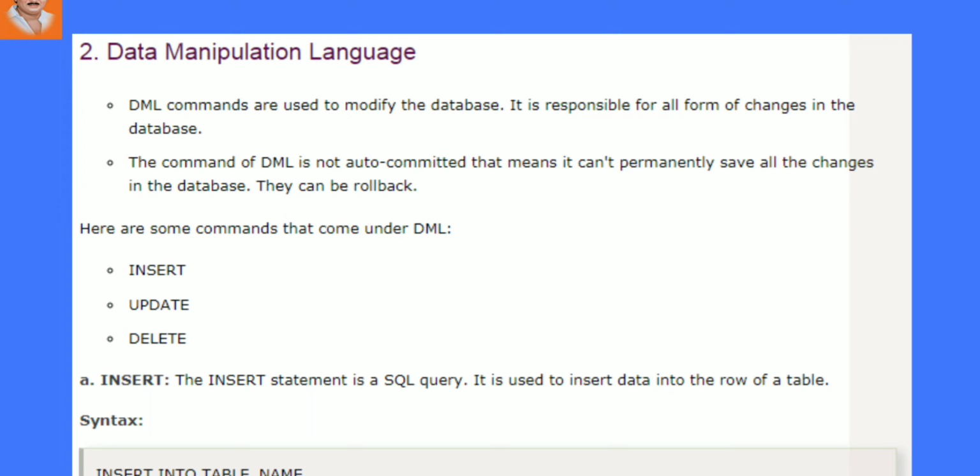That is called an update. It is not permanently stored, we can take the previous data also, because whenever you use the commit command, it is permanently stored. Otherwise we can go for the rollback command. Rollback means whatever information was stored previously will be restored.